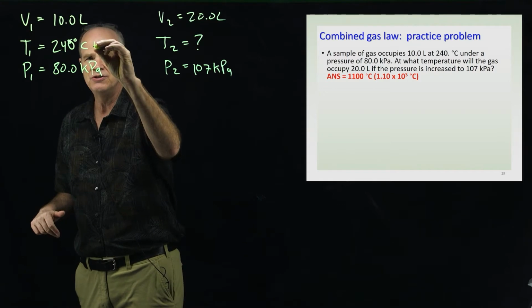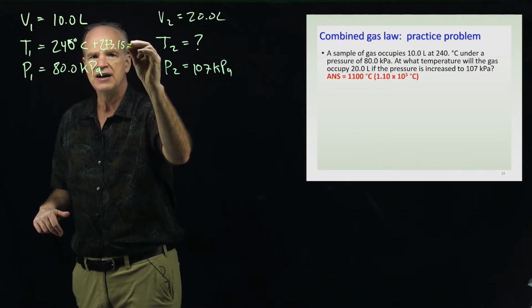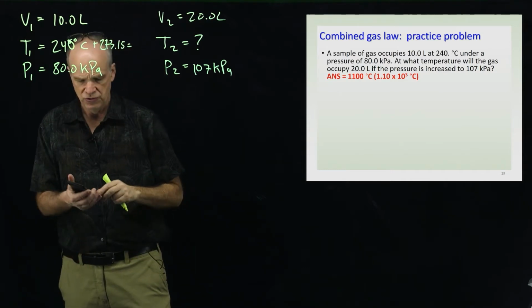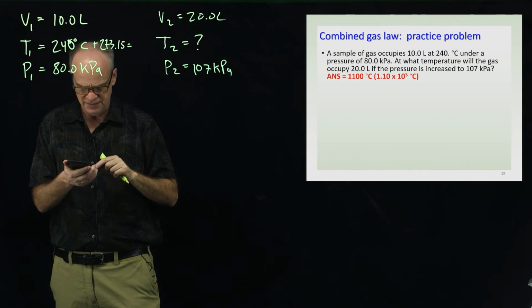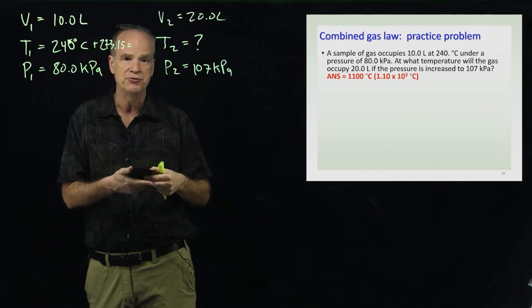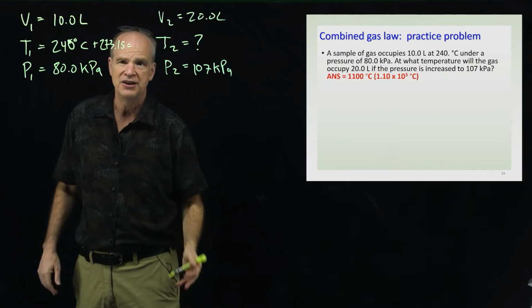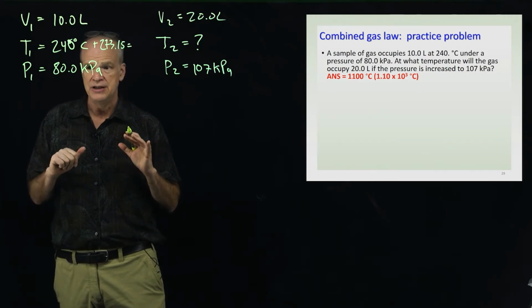So what you do is you add 273.15, and like I pointed out before, we'll get a calculator answer, which is 240 plus 273.15. So the calculator answer I get is 513.15. But I think at this point, what I want to do is solve this problem in the way that